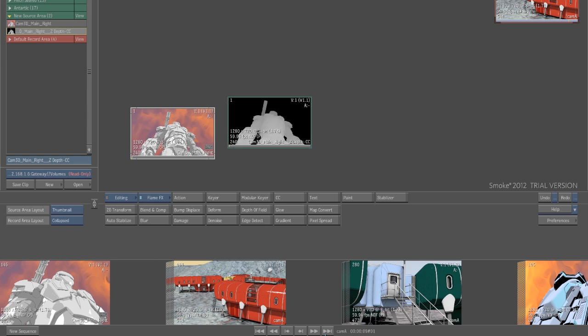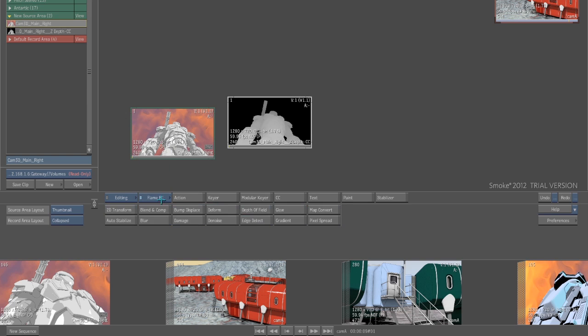A couple of other interesting tools that might benefit 3D artists are found under Flame Effects and Flame Effects 2, which is part of the Subscription Advantage drop. So Flame Effects was new to the 2012 release, and Flame Effects 2 are a set of tools that are brand new that we're showing at SIGGRAPH for the first time. I'll start with